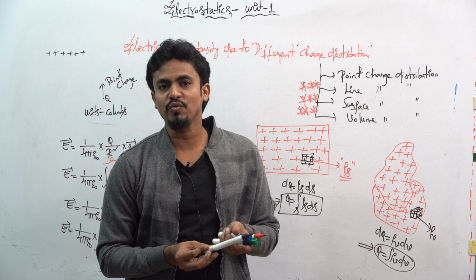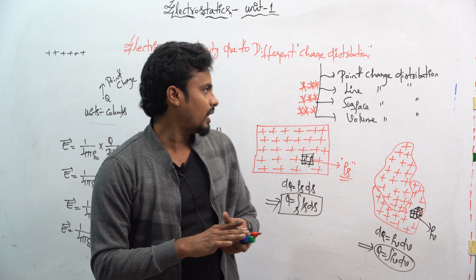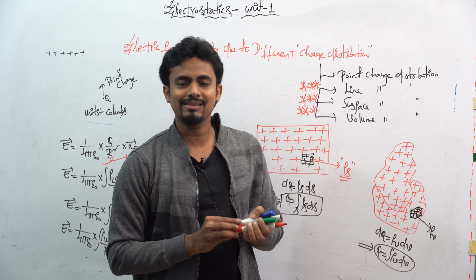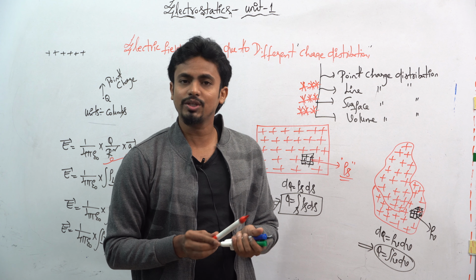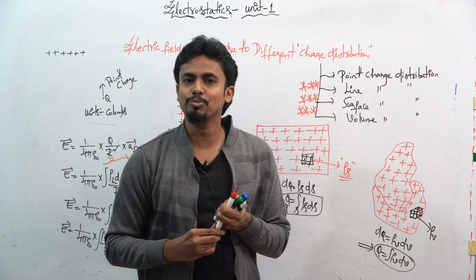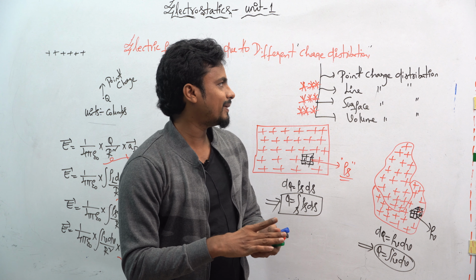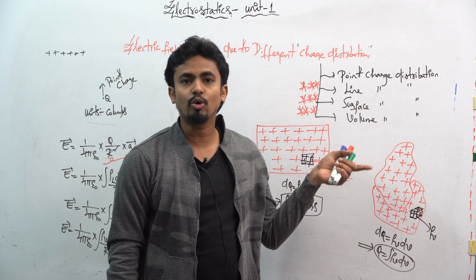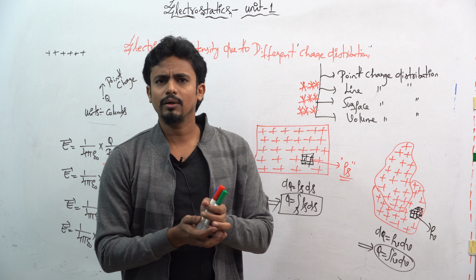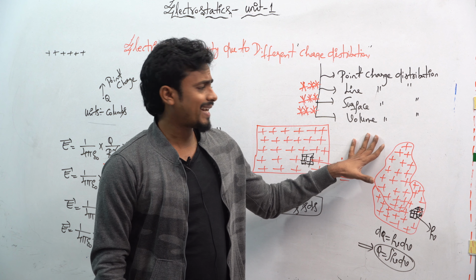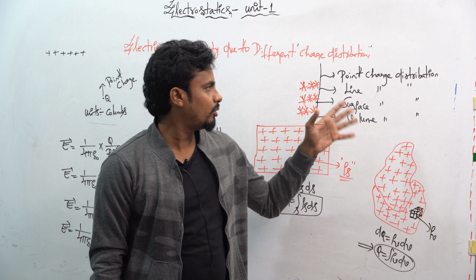In the next class we will see what the derivations are for the line charge distribution, surface charge distribution as well as the volume charge distribution. The derivations will be very important from your examination point of view. Most of the students get confused whenever they tackle this type of derivation. So don't worry, I will tell you in a very shortcut way, the exact procedure of how to remember all of those values. You don't need to worry about that.